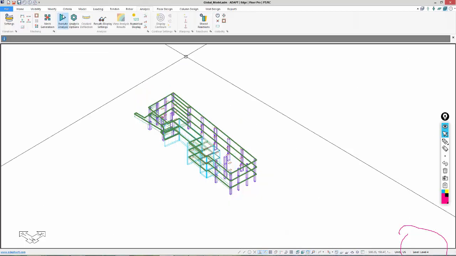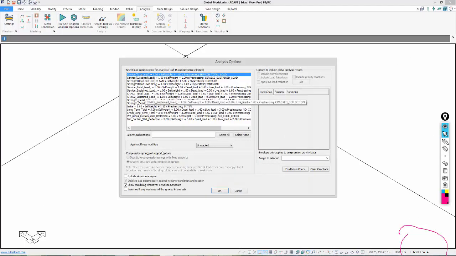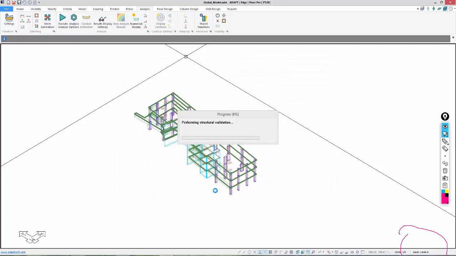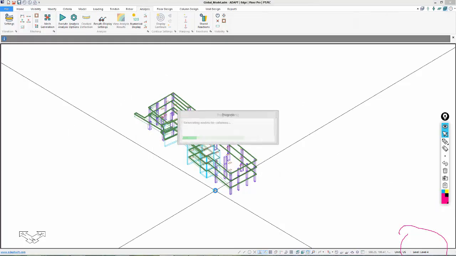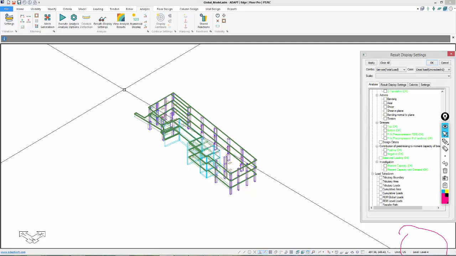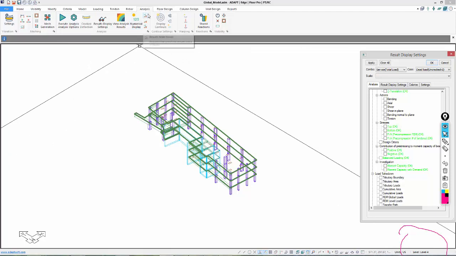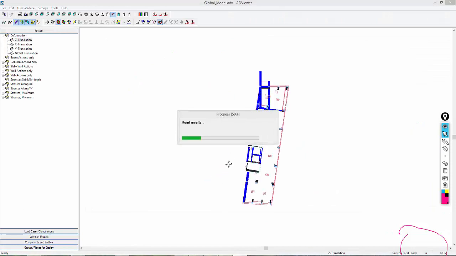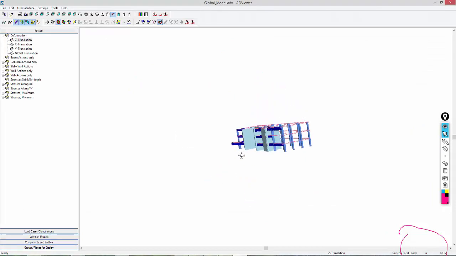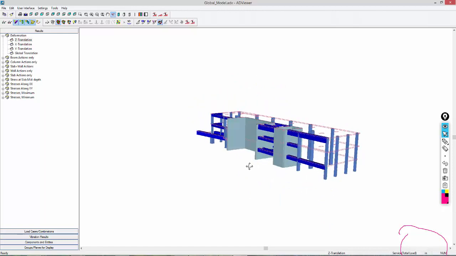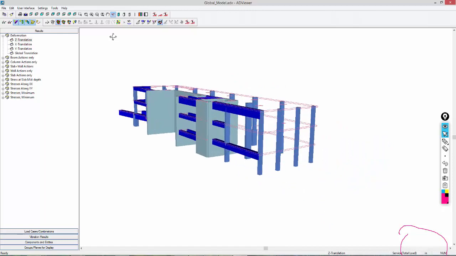So we'll go to Analysis, Execute. I'll select that first combo, for example. Notice we don't get a warning at this stage. Okay, so that analysis is done. If I select yes, we're going to select View Analysis Results in version 17, or in this version, I'll go to the View Analysis Results viewer, and we're going to just take a cursory look at the deflected shape. So this is my multi-story model under those service loads, and if we turn on the Z translation,